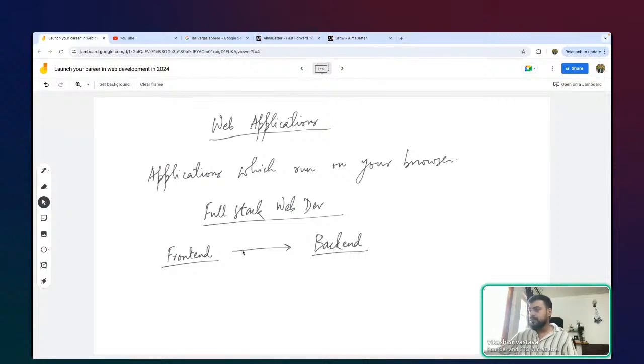So this is what full stack web development more or less looks like. I have a front end and I have a back end, and then of course there is the middle layer. All the information can be carried by something called an API. So I will make a request, and my API is going to go to my backend and do something, fetch the expected response and then send it to me. So in the middle you'll have something called the APIs.